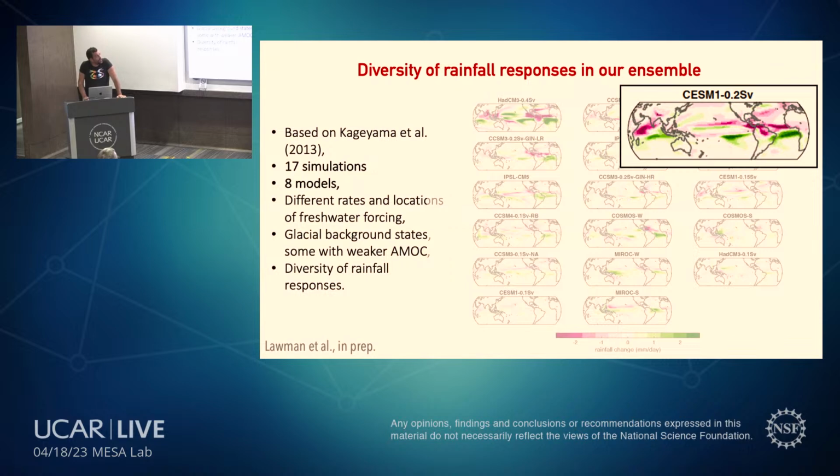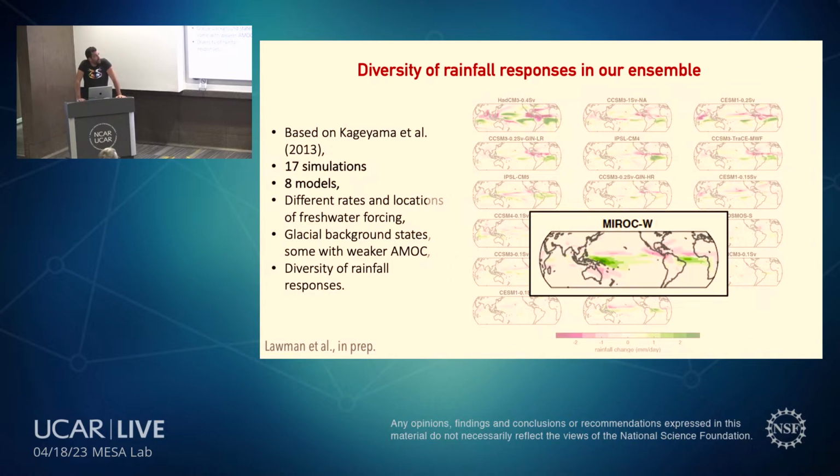And you can see that there's a range of rainfall responses. Those are simulations with CSM1 that I ran. Those are simulations with the MIROC model. The MIROC model had 2 different initial states in the AMOC under the glacial conditions, just to test the sensitivity to having a weaker AMOC. We know the AMOC was weaker during glacial conditions, and we wanted to see if there was a sensitivity in the response. So that's why there's a MIROC W, weak, and a MIROC S, strong. And you can see that the patterns are similar and different at the same time. This simulation looks more like that zonally symmetric adjustment that Clement and Peterson